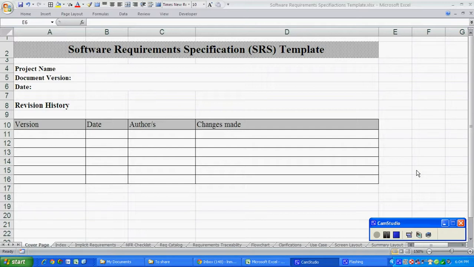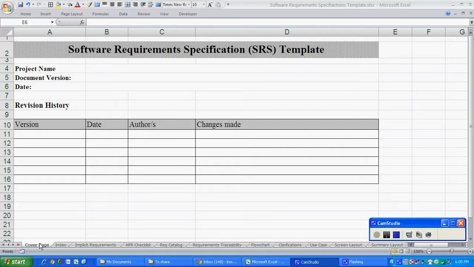The reason we developed it in Excel, compared to what companies normally do, which is a Microsoft Word template, is that Excel has inherently many benefits in terms of associating and in terms of filtering. So later, if a customer or a stakeholder is very particular about producing a Word-based template, you may copy the same content into a Word-based template.